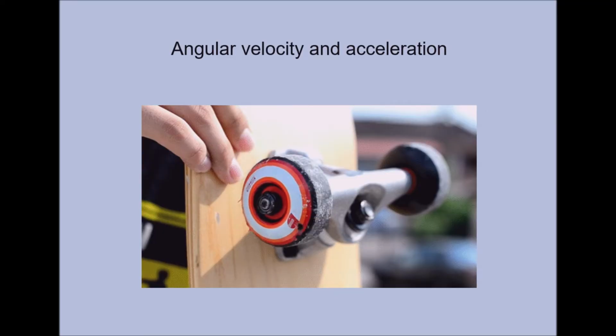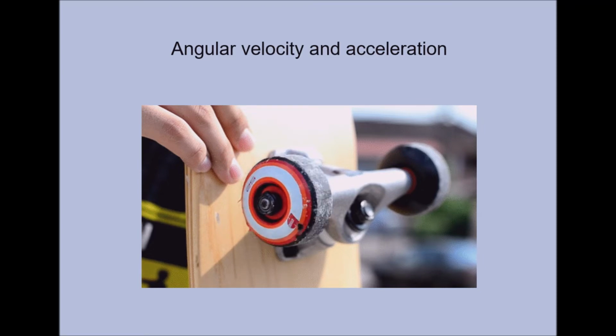Right gang, what we're going to have a little look at today is some angular velocity and angular acceleration. Now, as you can see here, we've got an object that's spinning, it's the wheel of a skateboard. We're going to tap into some previous knowledge in relation to linear velocity and linear acceleration, but we're going to have a little look at how it changes when we're working through calculations in relation to things that are